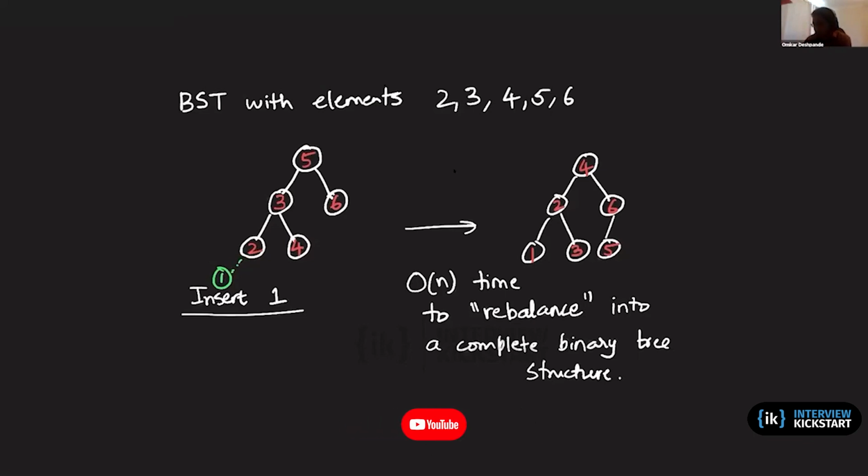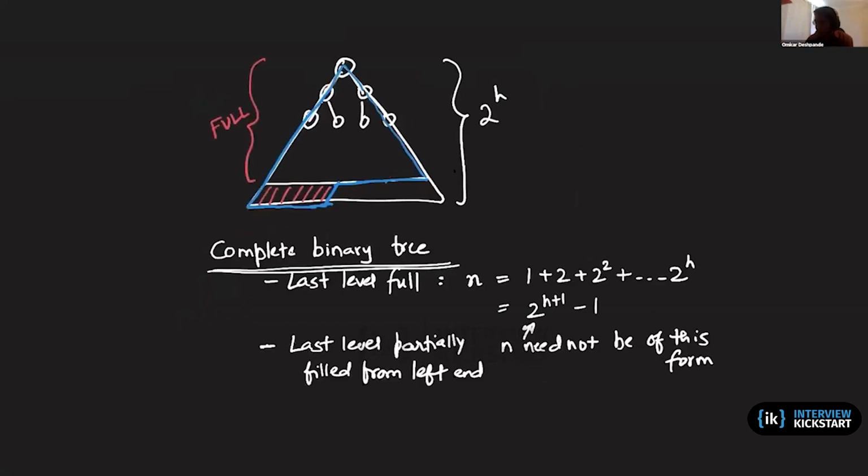Even if we observe and restate the property here as saying that for every node in this kind of a shape in general, the height of the left subtree can be at most one more than the height of the right subtree, right? That's another attempt we can make here to come up with this property, but we know it's too rigid. For every node, the height of the left subtree is at most one more than the height of the right subtree. So let's relax this property a little bit and say